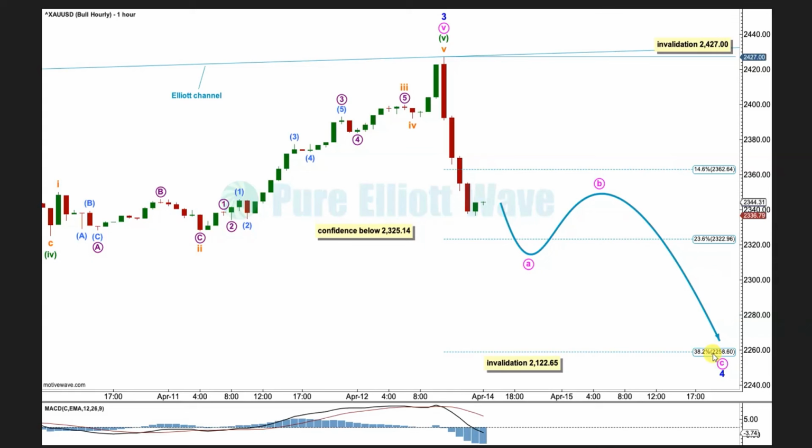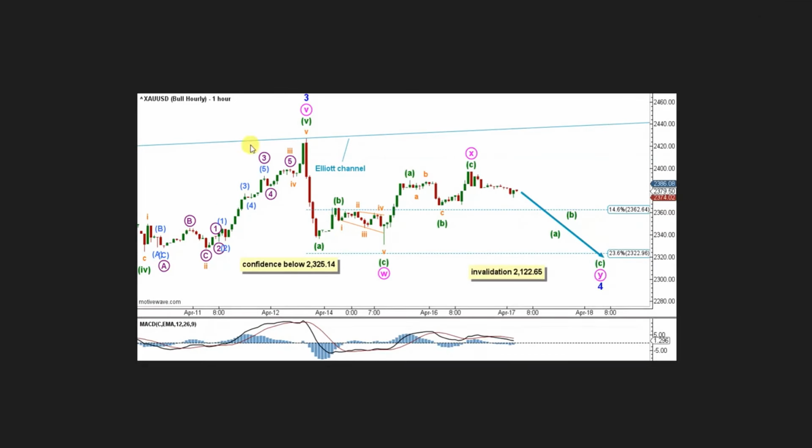Now, fourth waves are notorious for their choppy variety, so mostly they retrace shallower than a second wave, and they're most likely to also be a larger variety of Elliott wave structures, including the flats and triangles and combinations as well. So it's no surprise here that our fourth wave ended up being very choppy and overlapping,